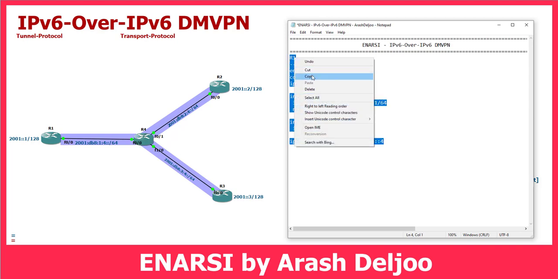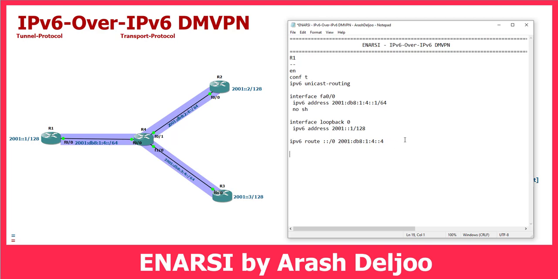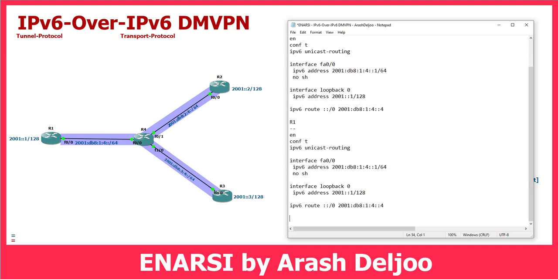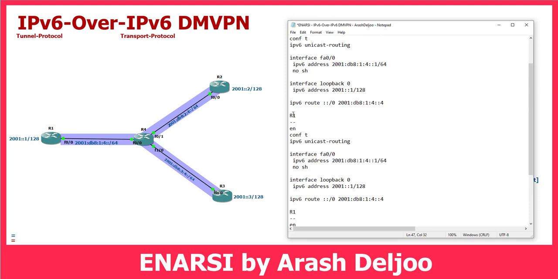Let me copy this configuration for router 2, and also for router 3. About router 2, we have this configuration: enable, configure terminal, IPv6 unicast routing. Then interface FastEthernet 0/0, IPv6 address is 2001:db8:24::2/64. Then no shutdown. After that, interface loopback 0, IPv6 address is 2001::2/128. And then ipv6 route ::/0 2001:db8: